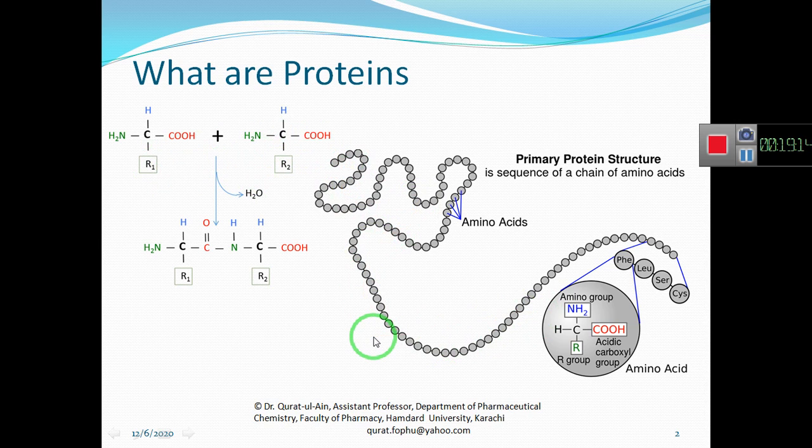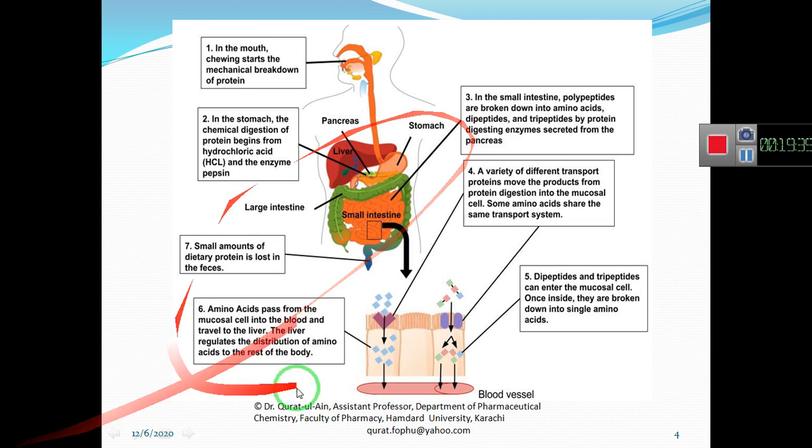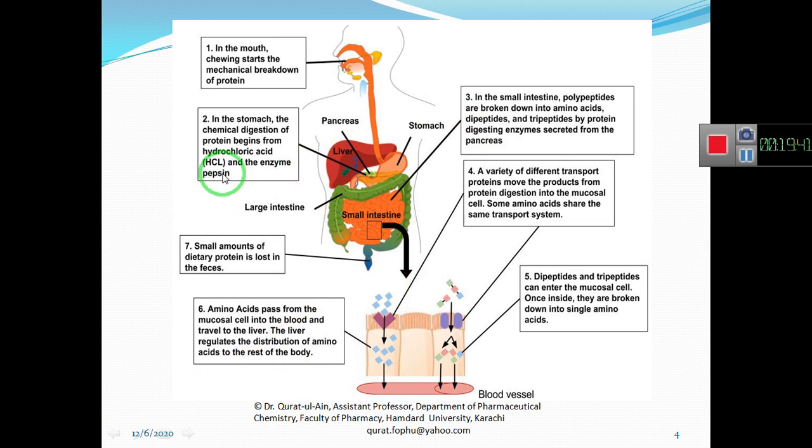So what you will be having is this polypeptide chain, which will also be present in your stomach until it gets chopped into dipeptides or tripeptides by pepsin. Pepsin will break the peptide bonds at different positions of this peptide and chop it into smaller pieces of dipeptide and tripeptide.